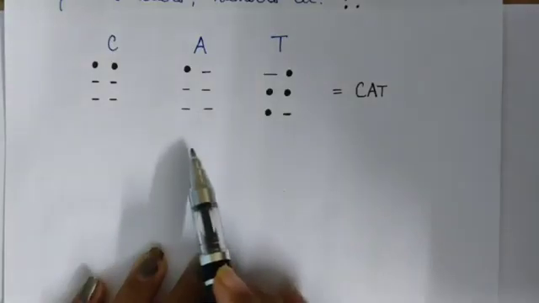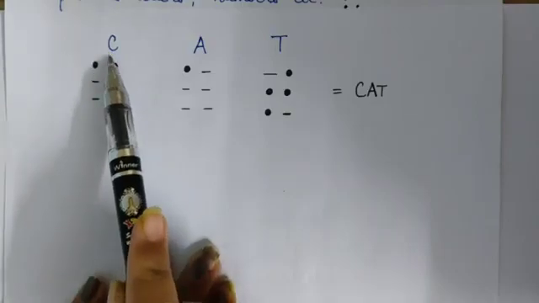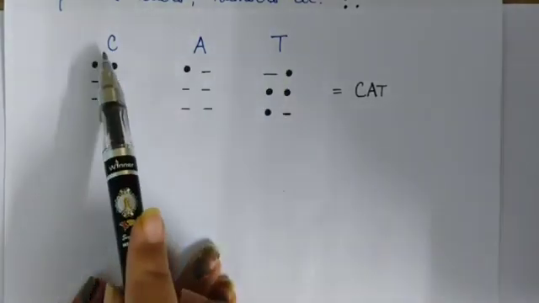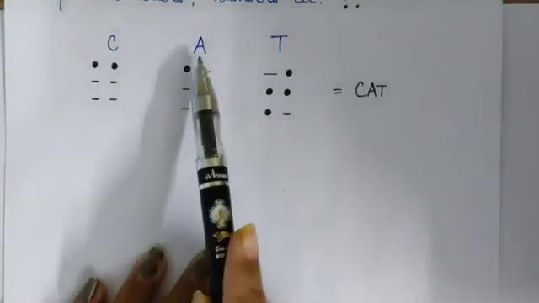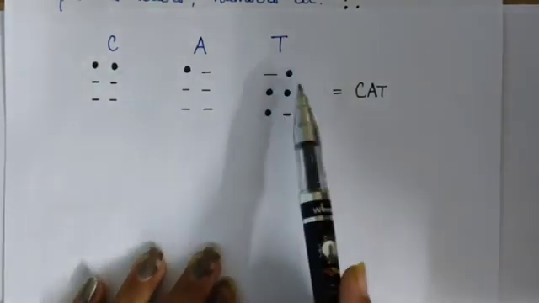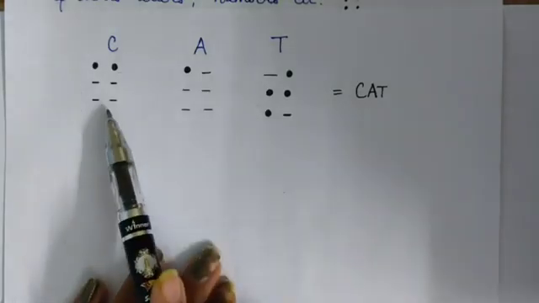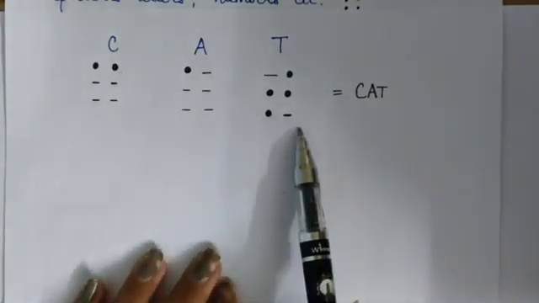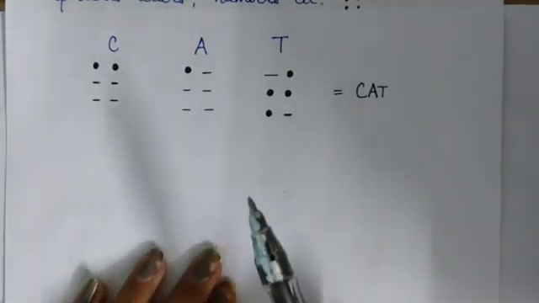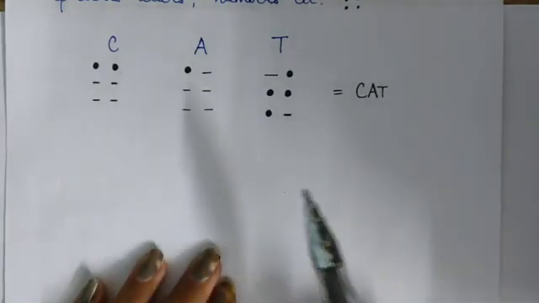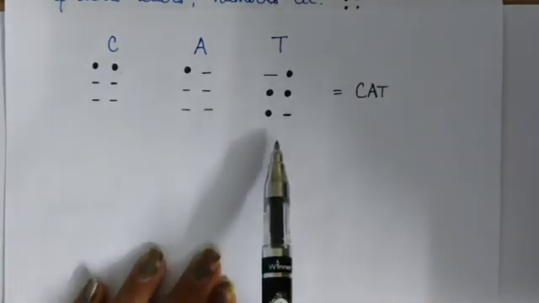Here I am representing some pattern of dots, which represent some letters like C, A, T. For C, there are 2 raised dots. And for A, there is 1 raised dot. And for T, there are 4 raised dots. In this way, blind people read these letters by touching them, because they are a little above the surface of the paper. So when they touch it, they read, means they guess the letters.